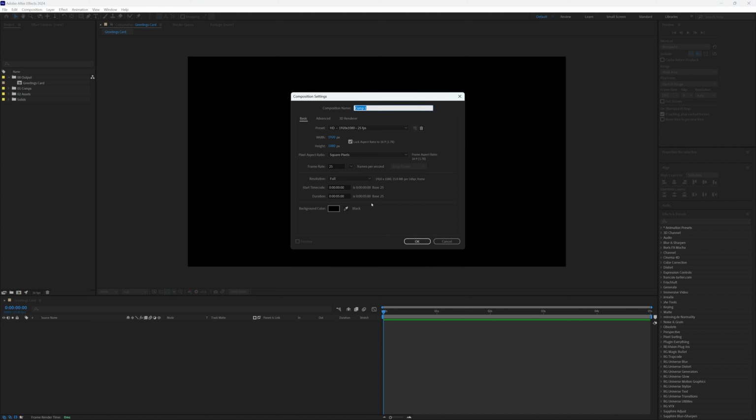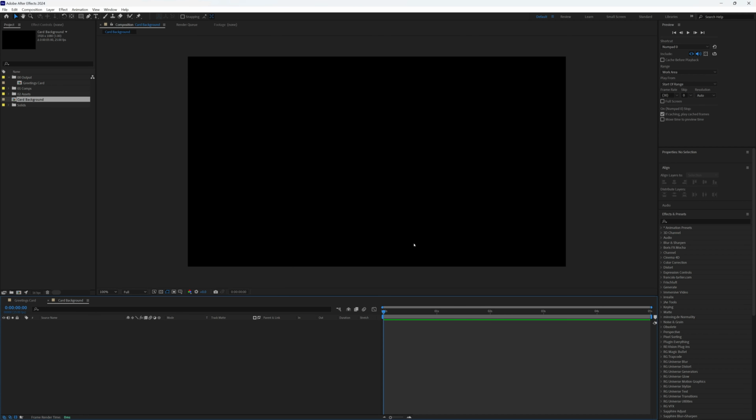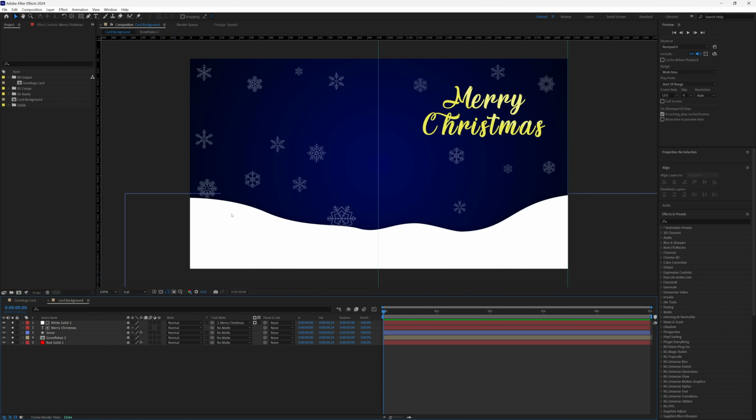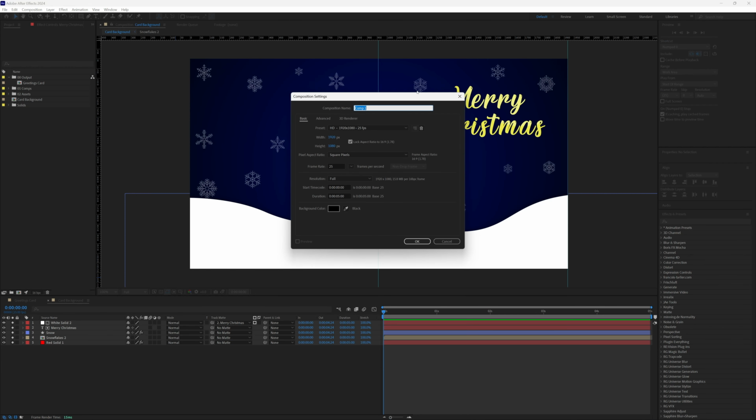And then what we're going to do is create another composition, and we're going to call this card background. This would be the inside of our card, so when it opens up, the 2 pages either side. And we're going to have this the same size and length as our main composition, so click OK. I already have a background designed for my card, so what I'm going to do now is create another composition